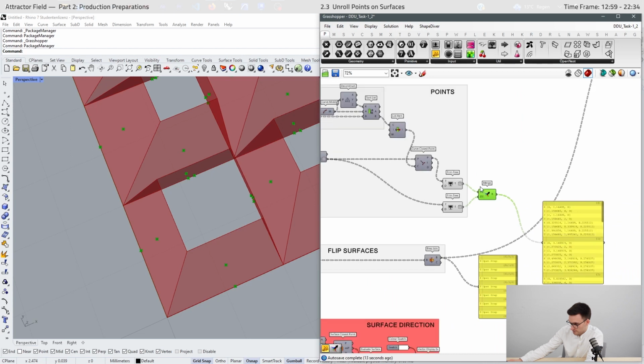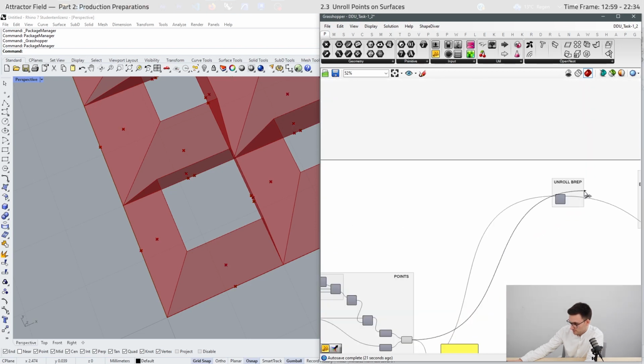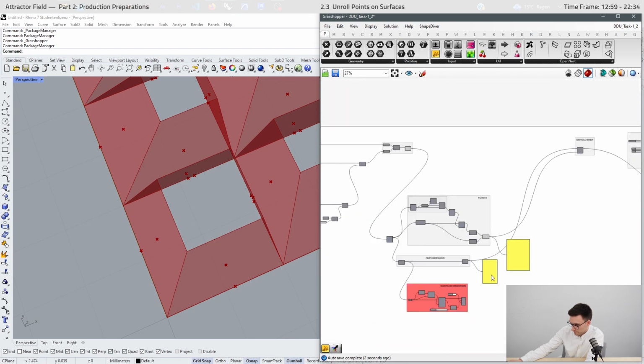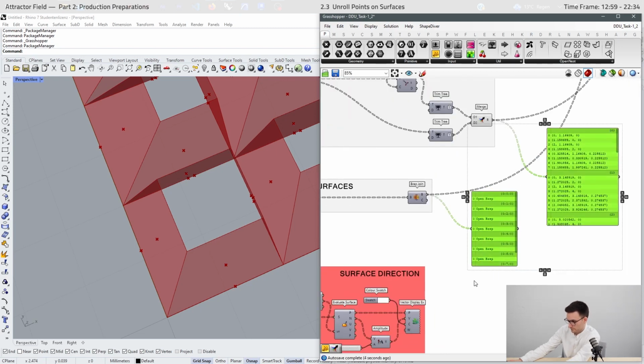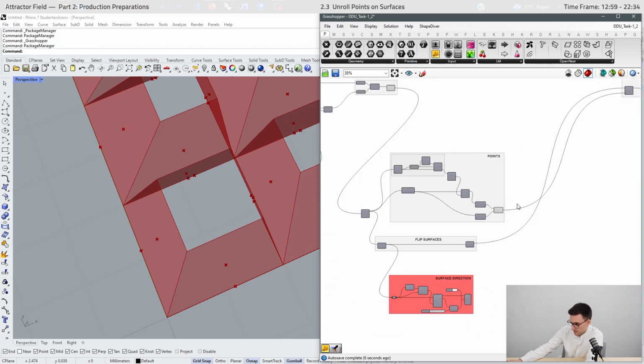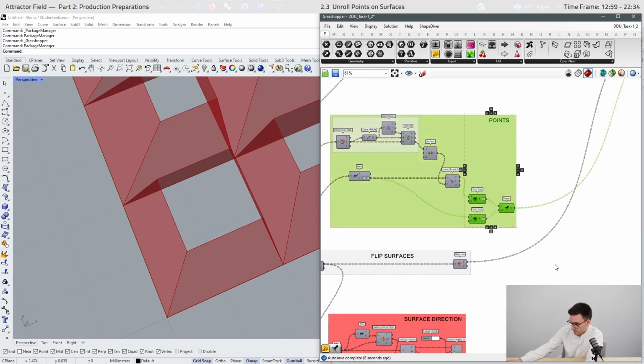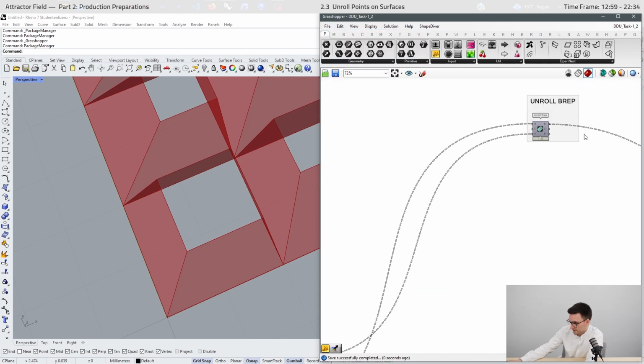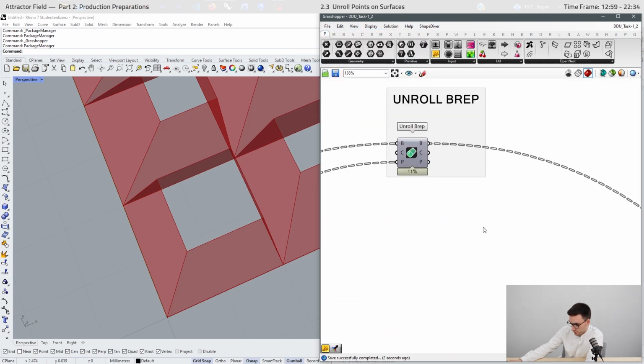These are our points, and we can connect our points to the point input right here. Okay, nice. So don't forget to save your file. And here are our points.